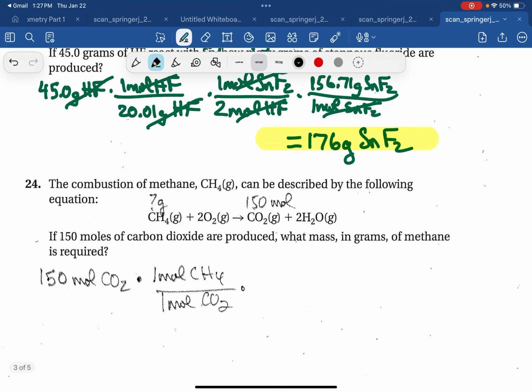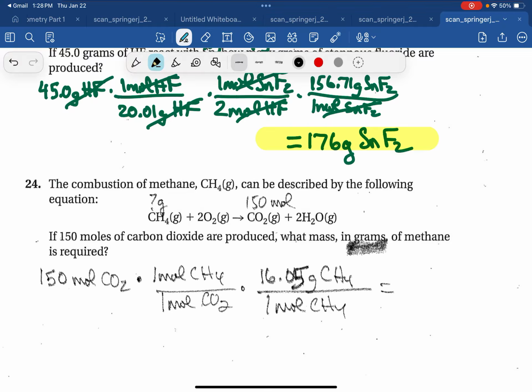And then we do want grams, so we need the molar mass of CH4. Oh, that's not working well. 16.04 grams CH4 is 1 mole CH4. So 150 times 16.04, 16.05, sorry, 16.05. 150 times 16.05, that's a big number. It's around 2,400